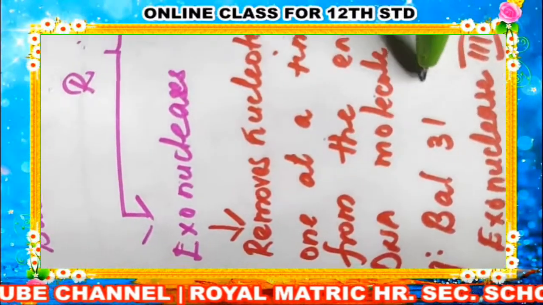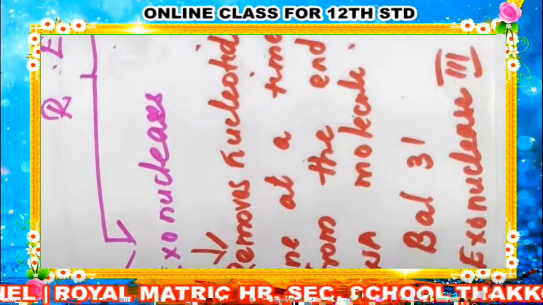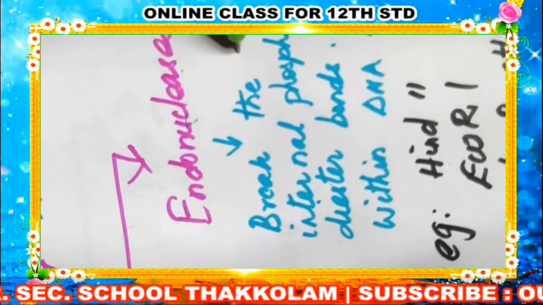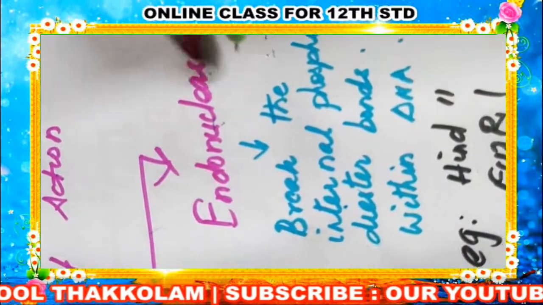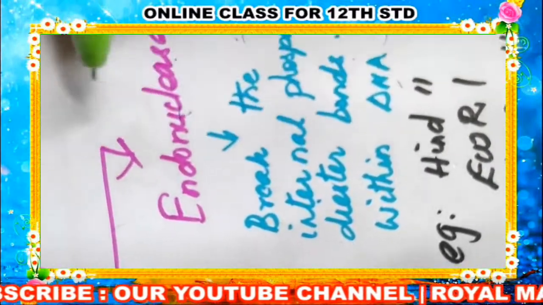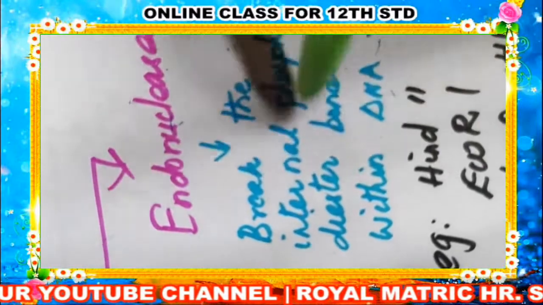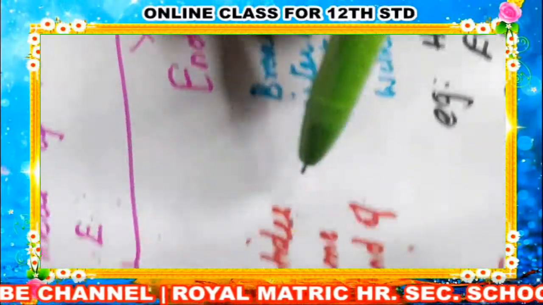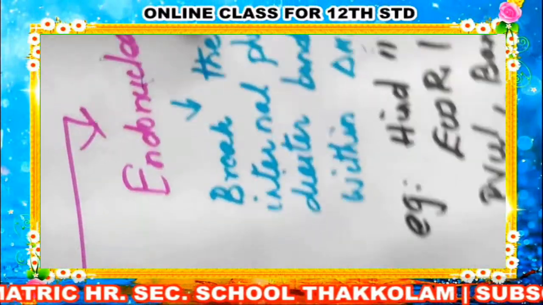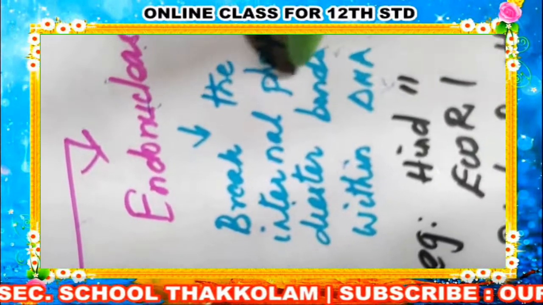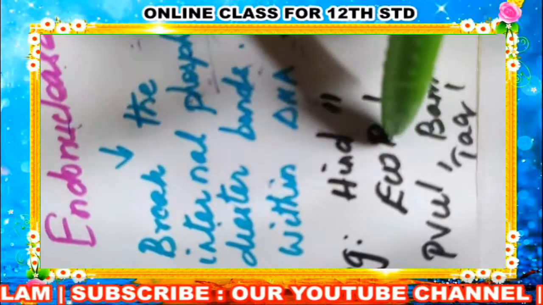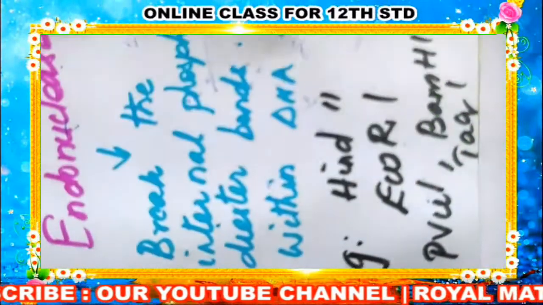The examples are BAL 31 and exonuclease III. The endonuclease's function is to break the internal phosphodiester bonds within the DNA. Exonuclease removes the nucleotides one at a time from the end of the DNA molecule, and endonuclease breaks the phosphodiester bond. Examples are HindII, EcoRI, PvuI, BamHI,